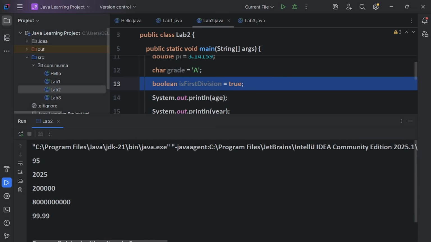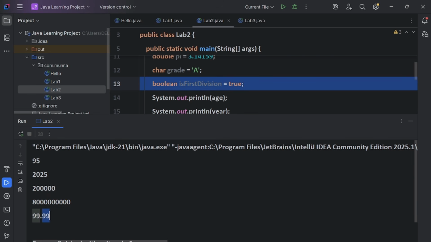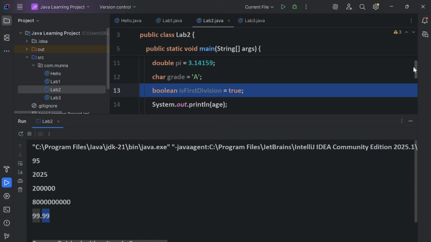See, after running, we are printing all the variables' data, like 95 age, 25 year, and 2 lakh salary, and this is the population, guys, 8 crore I think, and this is the float value of this price, floating value.